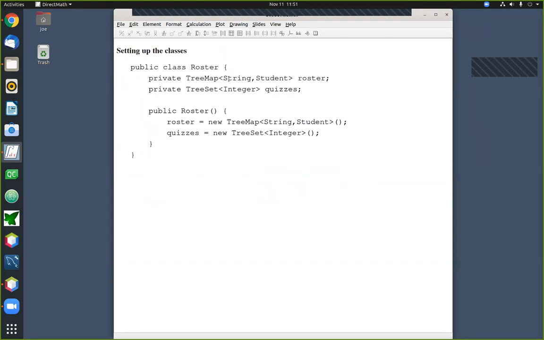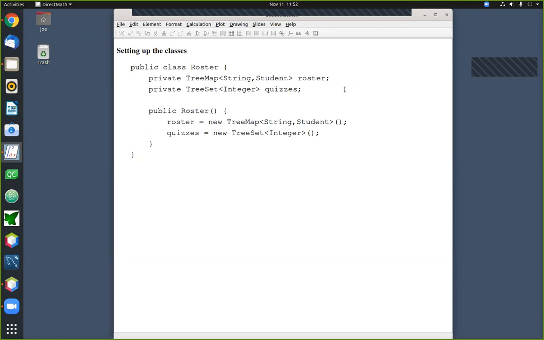If I have a map that associates names of students with the student objects, that will allow me to take a given name that has just come in from the text file and as quickly as possible locate the student object associated with that name. Right, so that's why it makes sense to use a map instead in this case to store all of our student objects, because maps make it very easy to look up things when you're looking up, say, people by their